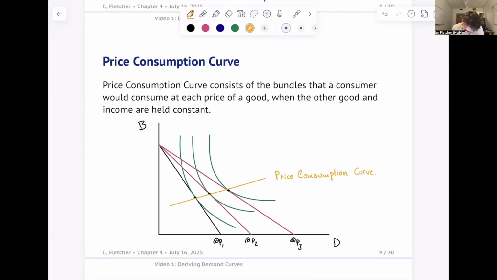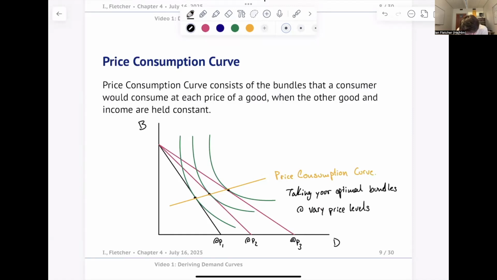And it is found by taking your optimal bundles at varying price levels. It's pretty easy, pretty straightforward, but